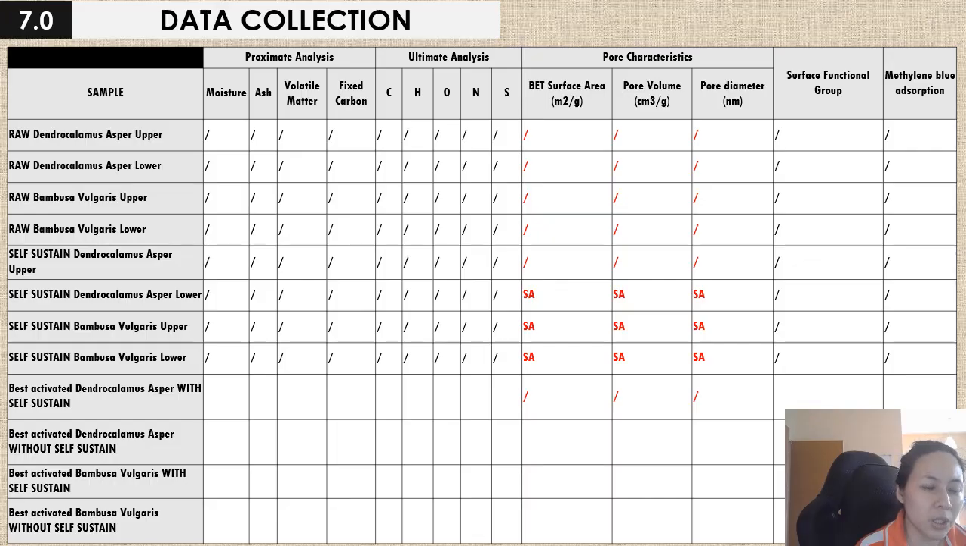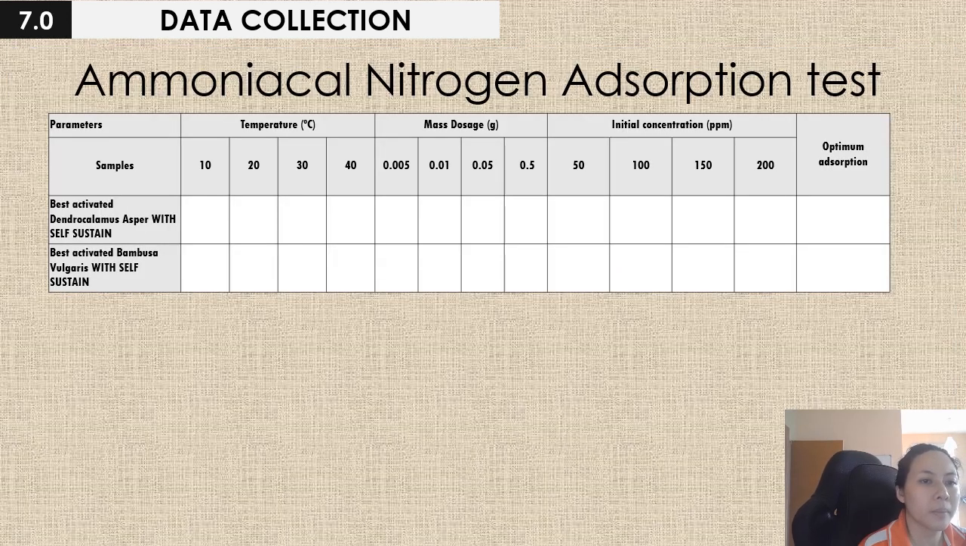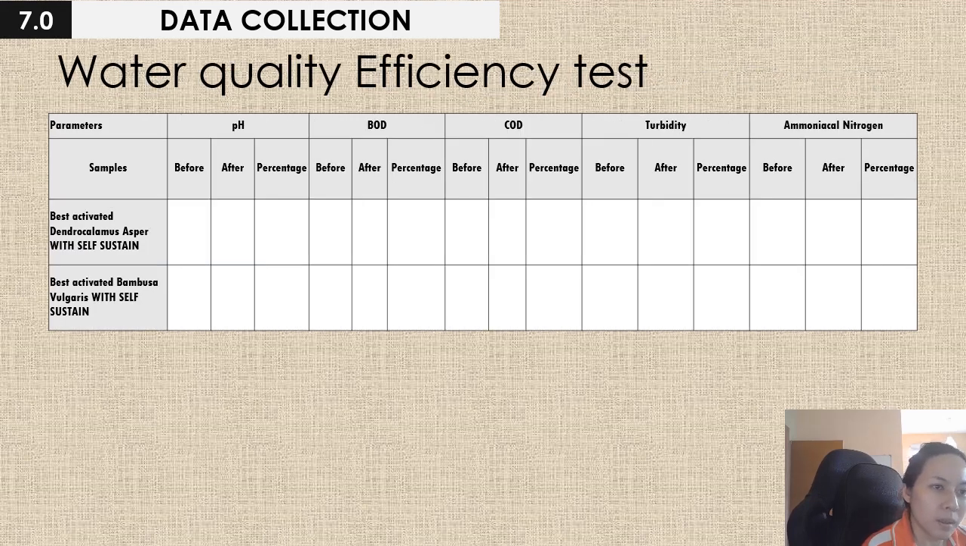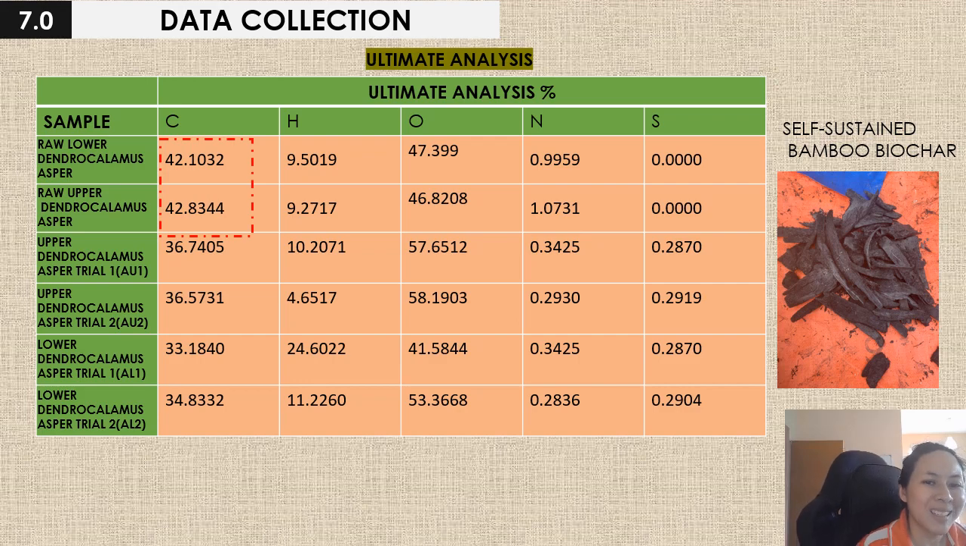So in my data collection, I think most of it is self-sustained here. Sorry, I did not change this. I think these 3 have been determined, but there are some results that are invalid, so we need to do it again. Okay, this is the adsorption test, the efficiency test, and this is the result that I've got for ultimate analysis